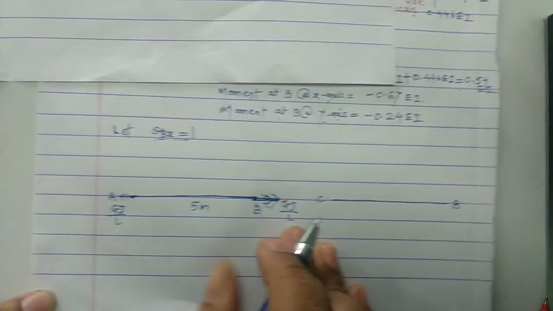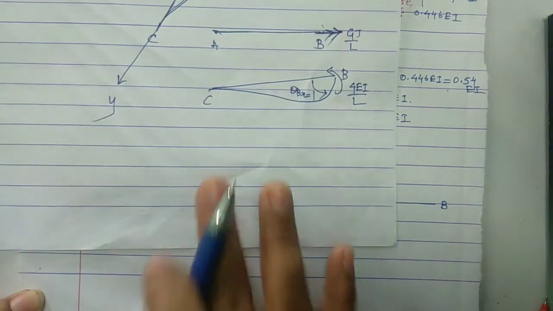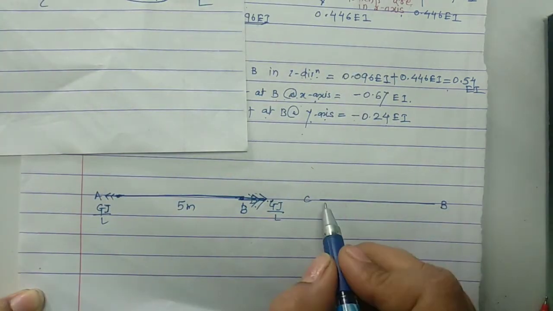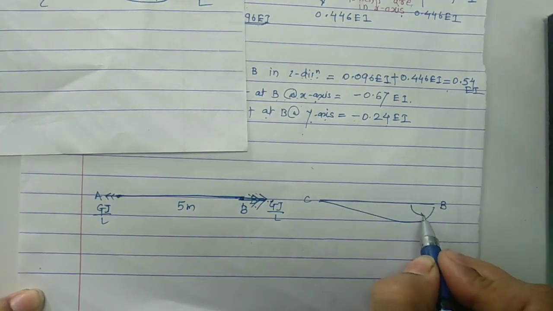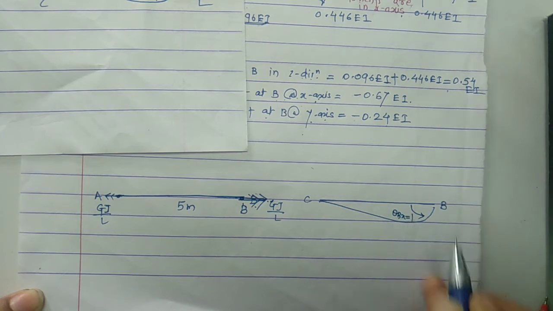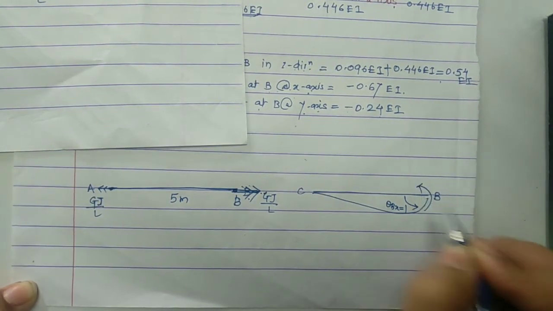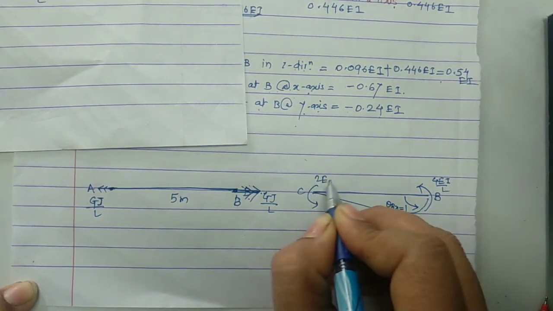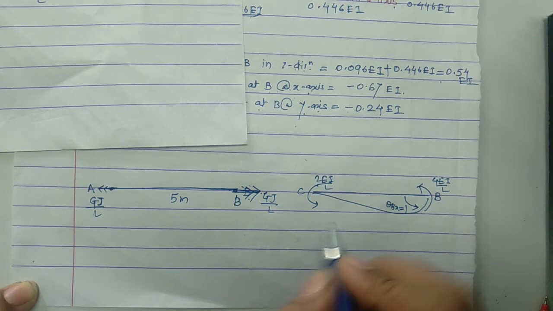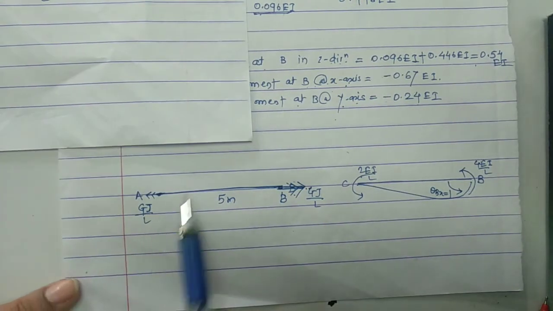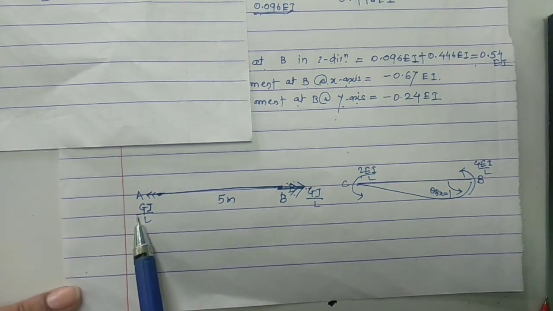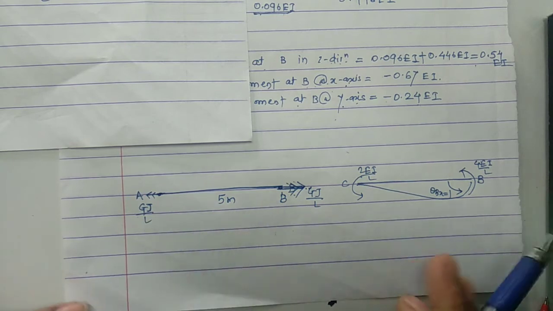AB member twists, and CB member, as shown here, will get bent. So here the same way we'll draw the figure. This is when theta bx equal to 1. Here the rotational stiffness generated is 4 EI upon L, far end 2 EI upon L. Because of this, now calculation of reaction for both members. When we calculate the reaction for AB member, this GJ upon L and this GJ upon L will cancel each other. So there will not be any reaction at A point, B point.